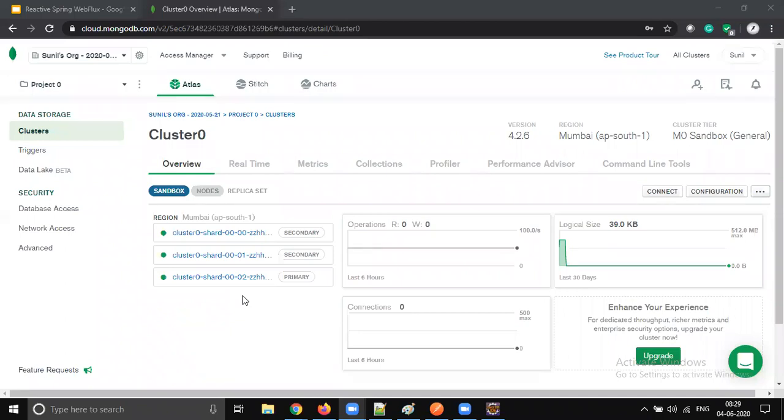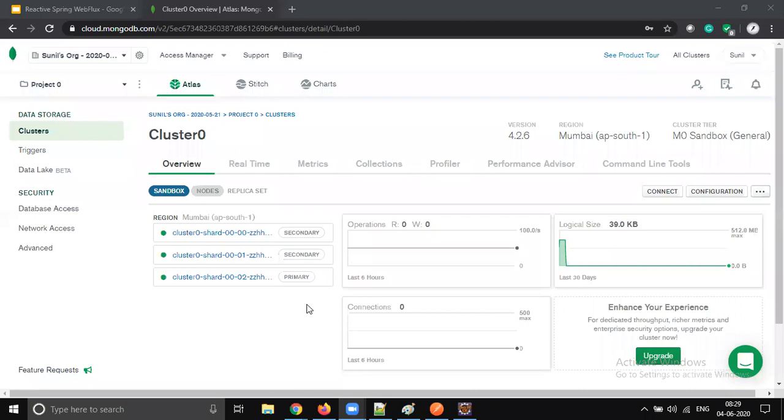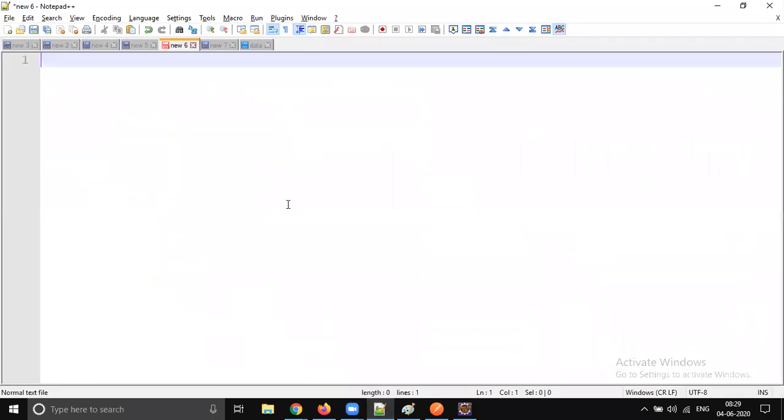It's free, and why are we choosing this? If you go to any YouTube tutorial, most of the time people install MongoDB locally, but that won't be real time. In real time, we never install any DB on a developer machine.